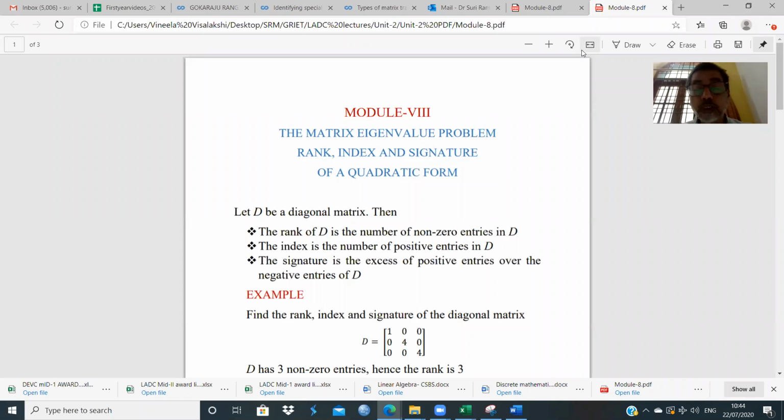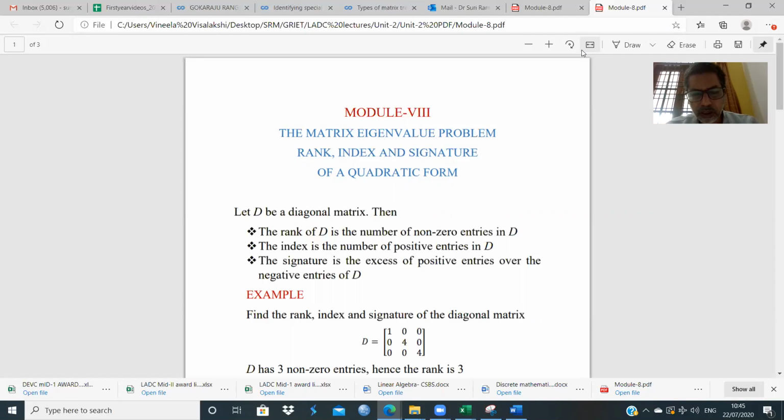In this last lecture, based on quadratic forms, we would like to touch upon three key definitions: the rank, index, and signature of quadratic forms. All of us know that quadratic forms are intimately related to symmetric matrices. Basically, the concepts of rank, index, and signature are with reference to diagonal matrices. So let us start with the definition of these three